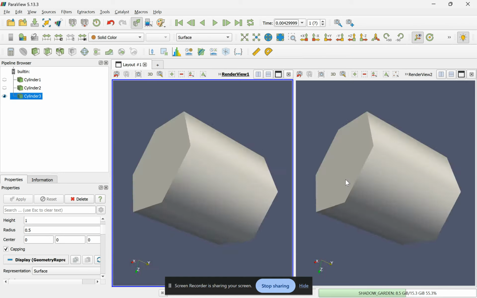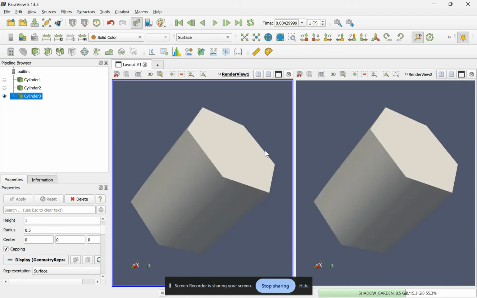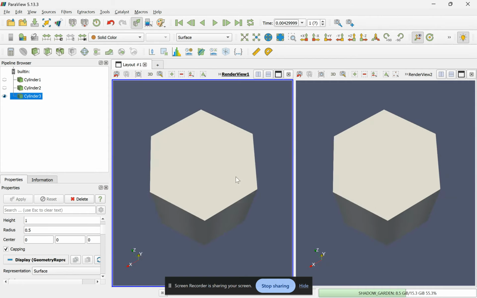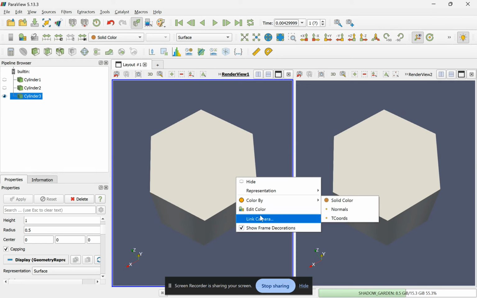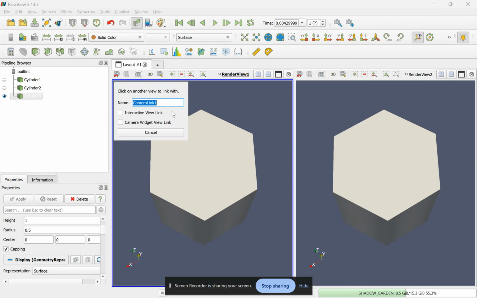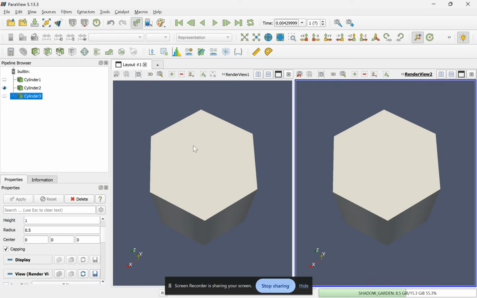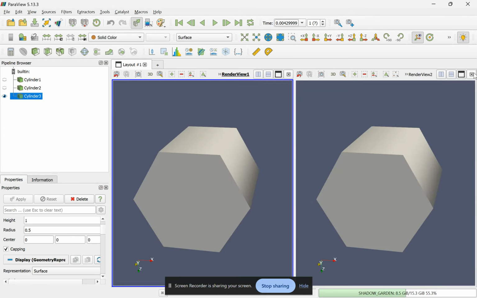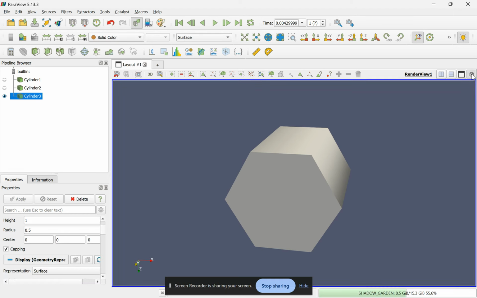Yes, we have our cylinder, as you can see. Now, the reason why they are moving so in sync is because I linked them. So what you do is link here. You click on the second image, so it can always work out. So that will be all for our